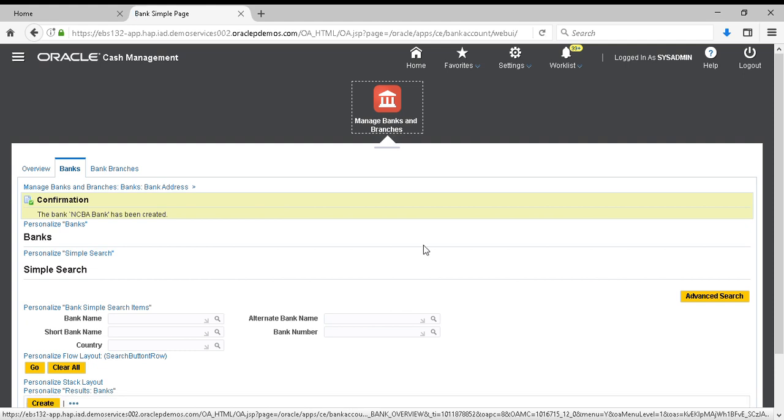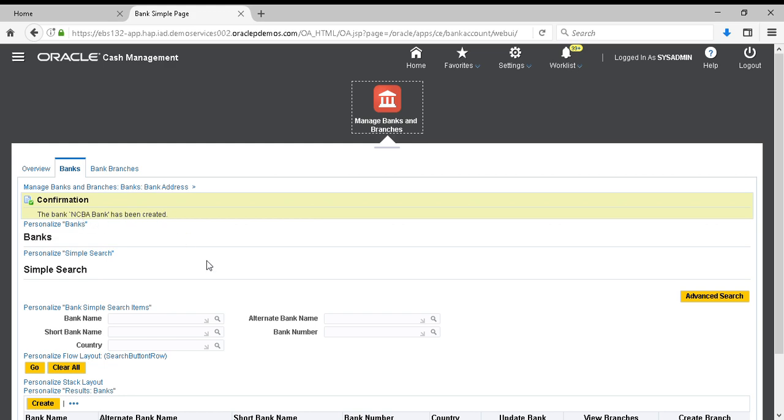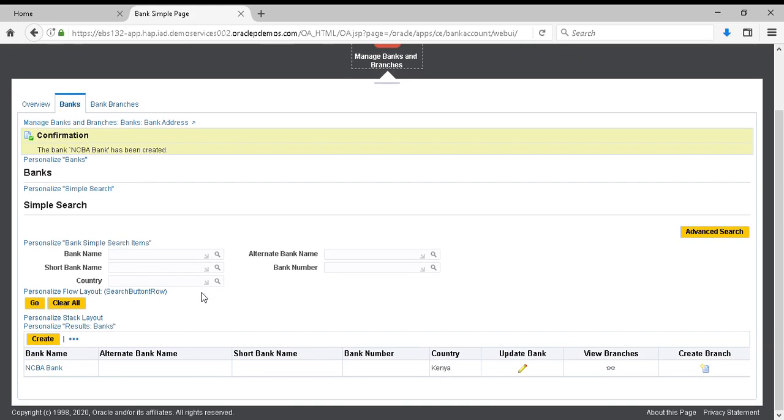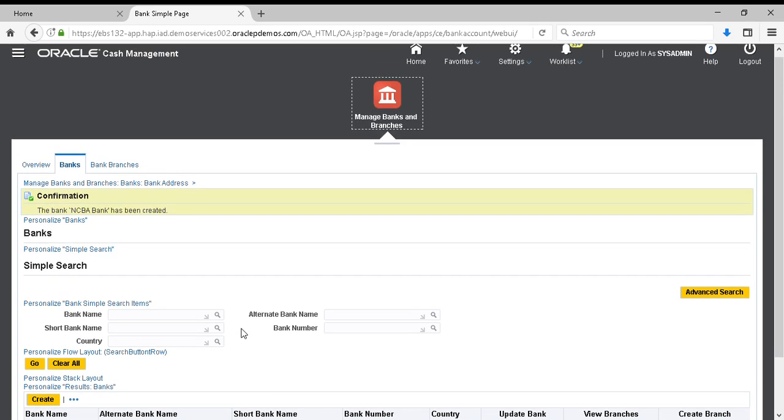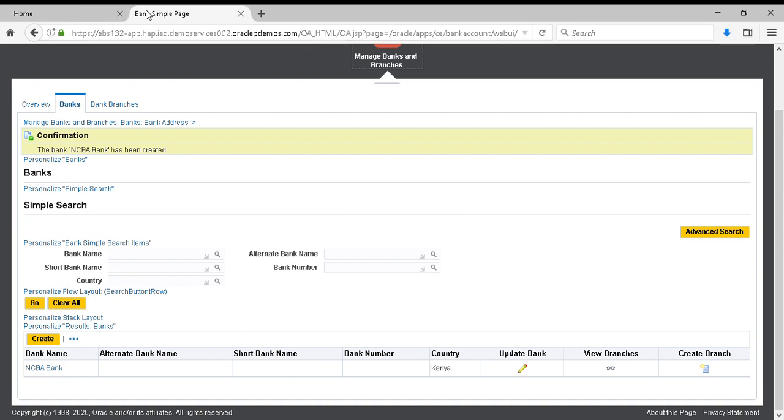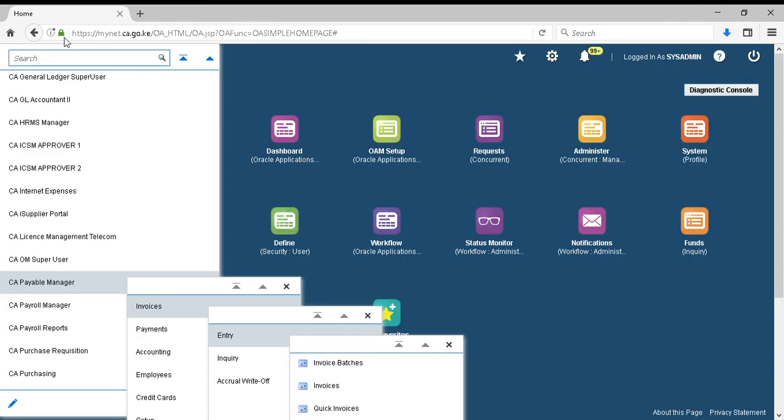Once I click on finish, the system will give a confirmation message telling me that the bank NCBA Bank has been created. So if I want to query that bank, I can come here. For instance, let's say we are just starting and we don't have this page whereby this information has been displayed. That is the information for the bank that we have just created. So we can close this page, come here, and